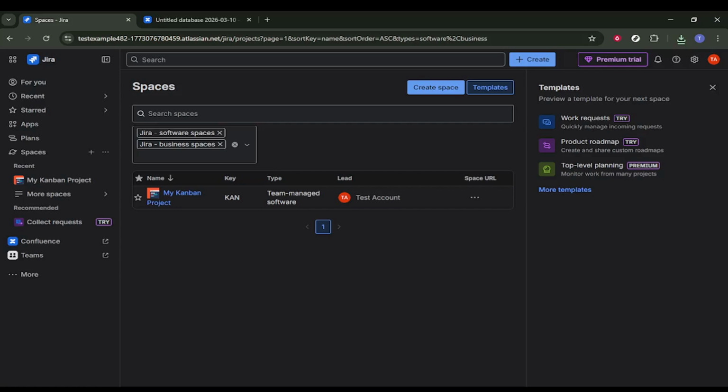In today's video, I am going to teach you how to create a sprint in Jira. Start by opening Jira from your Atlassian workspace. Once you are in Jira, go to the area where you can see your projects. This is the main starting point, because creating and managing sprint-related work usually begins from a project space where your